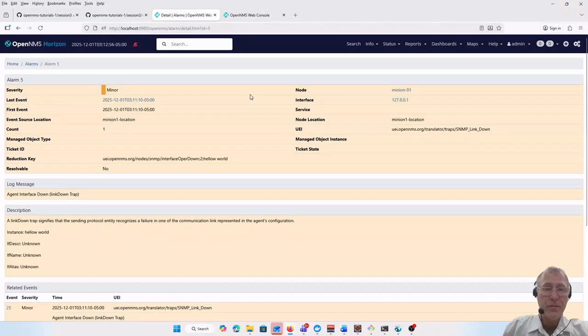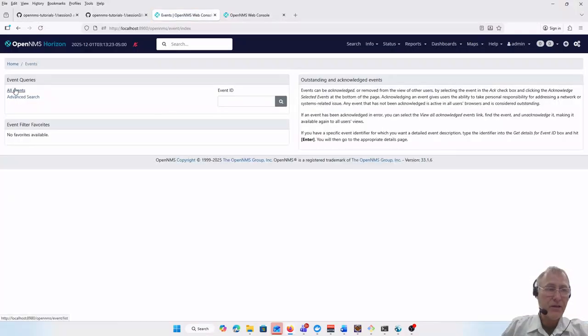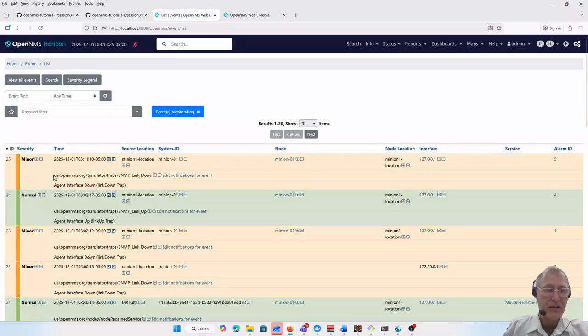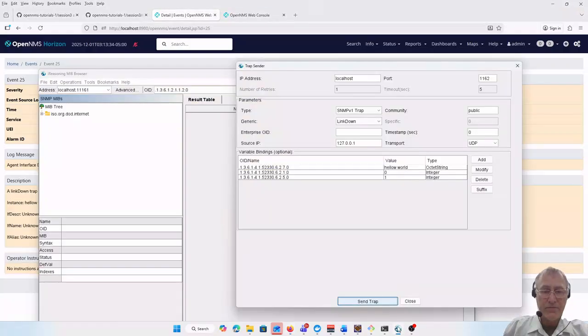So those are alarms. Now, what's the relationship between alarms and events? Well, if we go to status and look at events, we can see under all events, we've got this single event, an SNMP link down event, and it's associated with the minion. Now, if I click on the event ID, you'll see that it has an associated alarm ID. And if I created a second event,